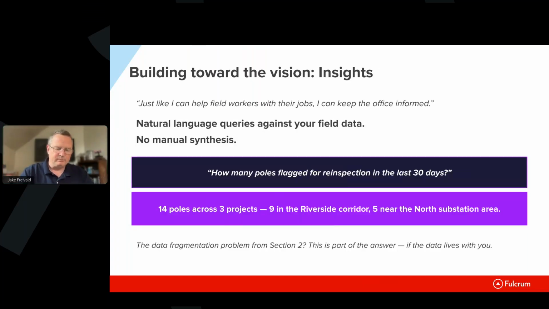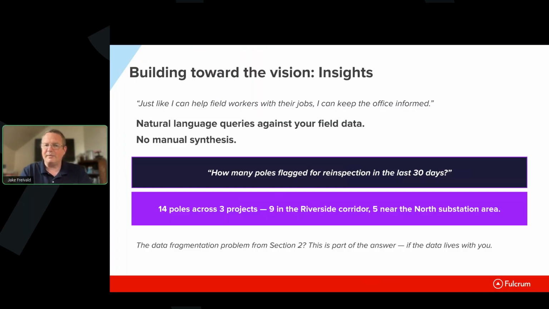And then finally, what's the information that I need to continue doing my job right now? Should I take a look for other poles that are in this area that I can go inspect? I'm done a little bit earlier. I've got an extra 20 minutes. What can I do with my time? Are there other poles around that I can go look at? Being able to ask natural language queries against field data is something that field workers are going to need,